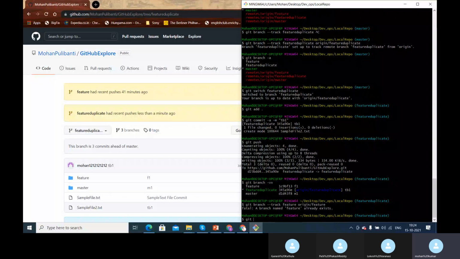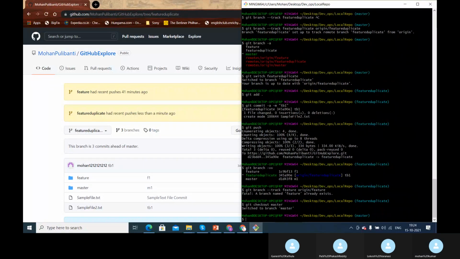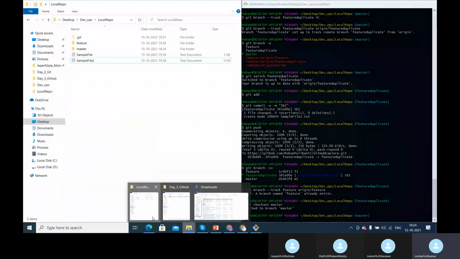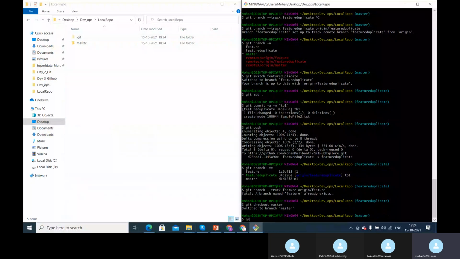Okay, let me switch to master. Git checkout master. Now I'm on the master branch, and let's try to create a remote tracking branch for feature.